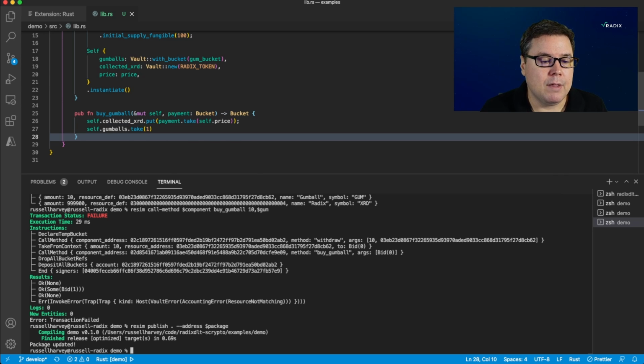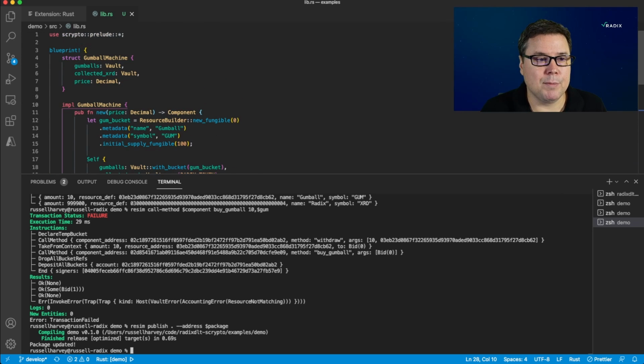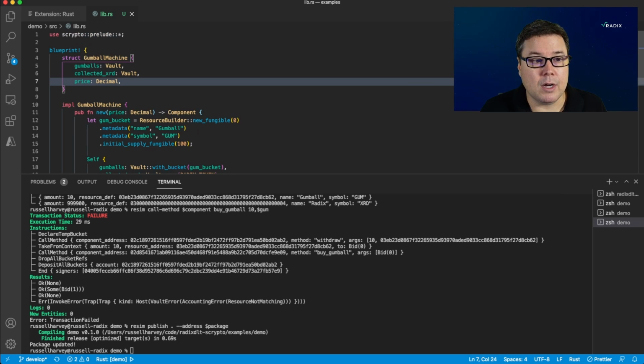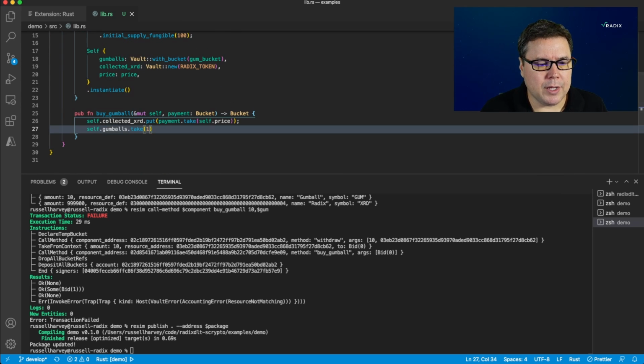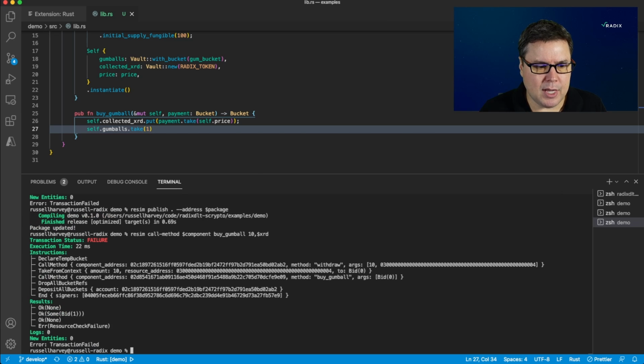The only time that you can't just publish your package to the same address is if you have done anything to monkey with the contents of the struct. At that point, you'll have to publish to a new address and reinstantiate your component and start from scratch. Let's try calling BuyGumball at this point. I know that if I give it 10, that's the correct amount. But when I do this, I'm going to get a failure, and